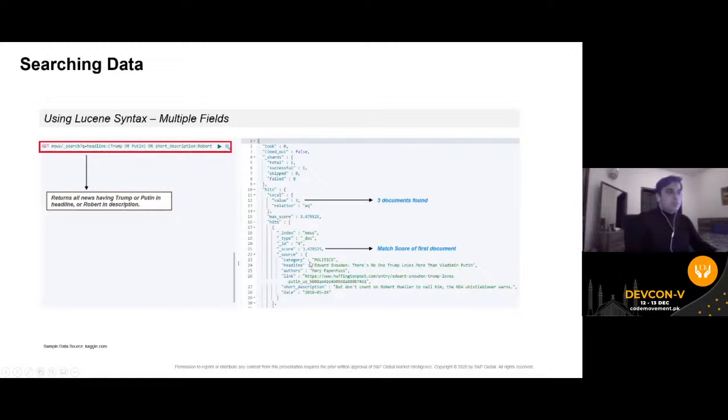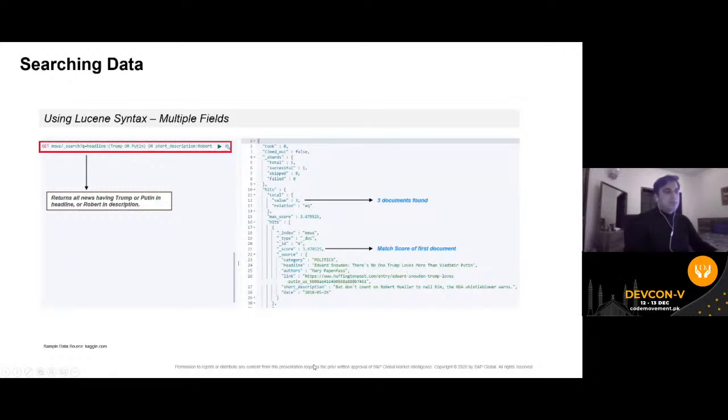So the document with the highest score would come on the top, then the second most relevant document, and the third most relevant document, and so on and so forth. And the way search usually works in Google as well, the most relevant document comes on the top, and this score defines the relevance. How this score is calculated depends on a lot of variables, but for now, just understand that the higher the score, the more the relevance. And whenever you call the search endpoint, it is available for each document